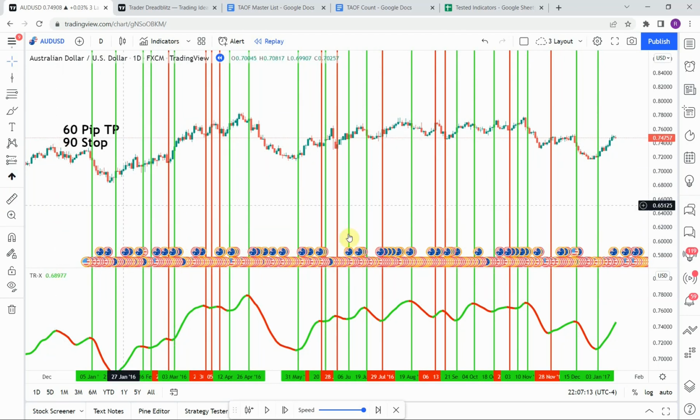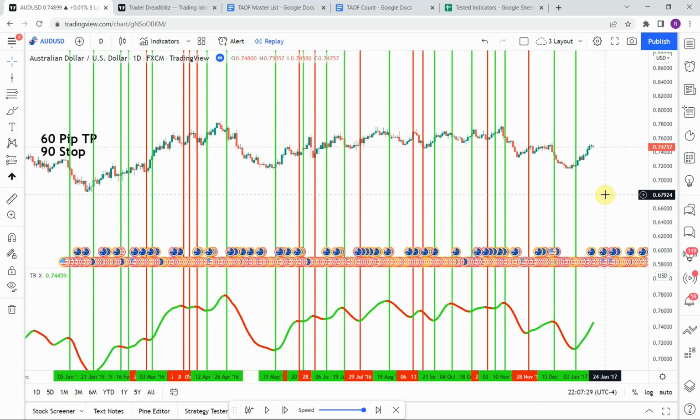Let's see what we have for winners. So we have 1, 2, 3, 4, 5, 6, 7, 8, 9, 10, 11, 12, 13, 14, 15, 16, 17, 18, and 19. So that is going to get us to that 60% criteria that we were looking for. All in all, this was a really solid indicator. Wish it had a little bit better win rate, but it did meet that 60% criteria, and